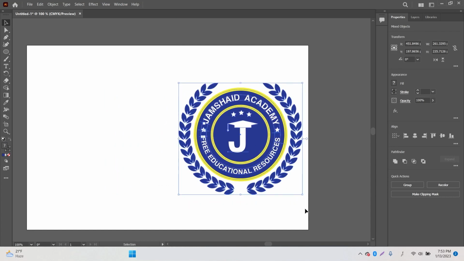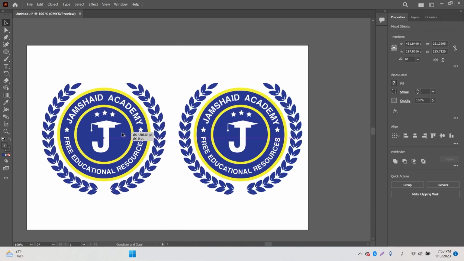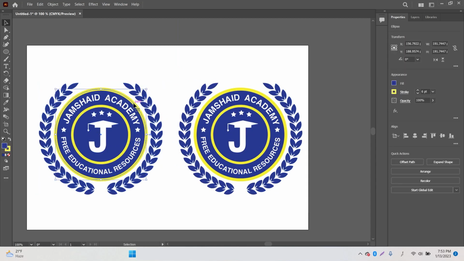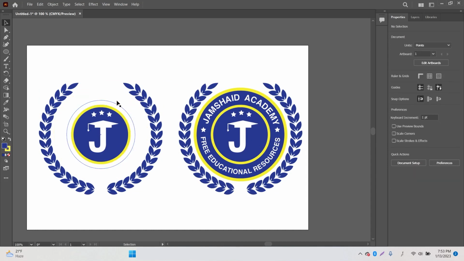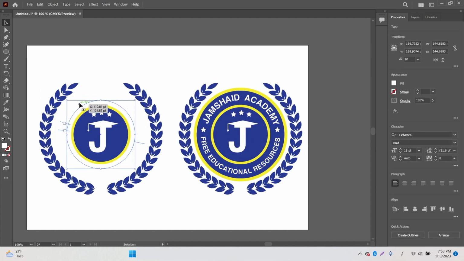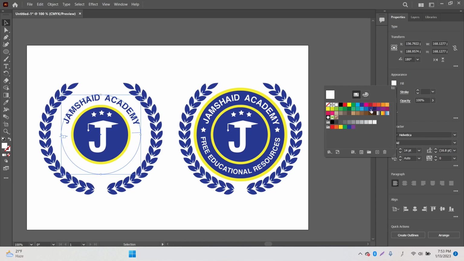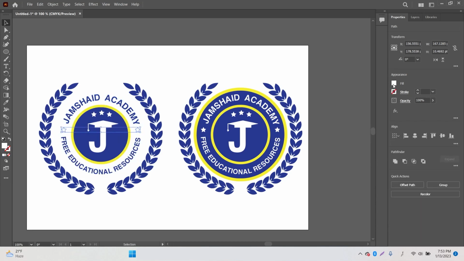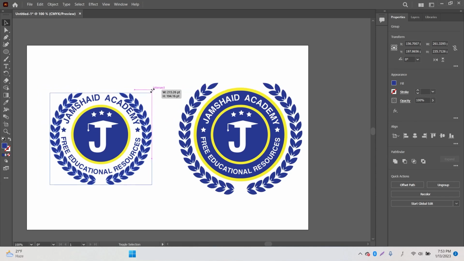You are going to select every logo and take it to the side of your document, and maybe you are going to delete every part of that element, and change that as well, and the color of the text as well. Now see, here is the star, and here are different stars which you are going to change the color of as well. And maybe I'm going to just decrease the size of that wreath,